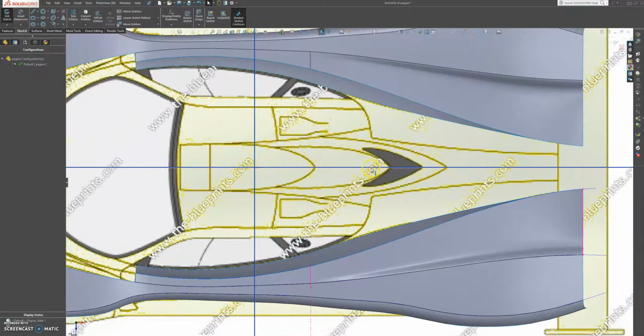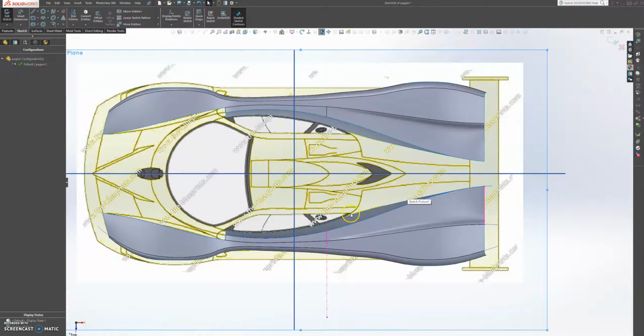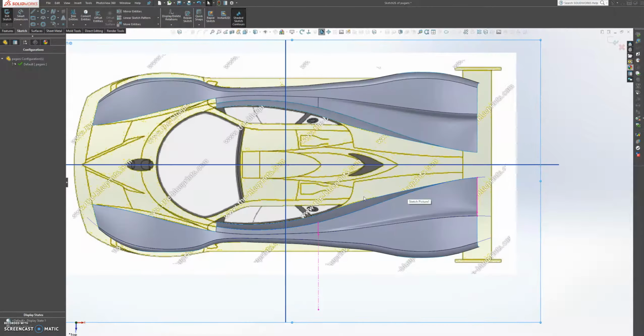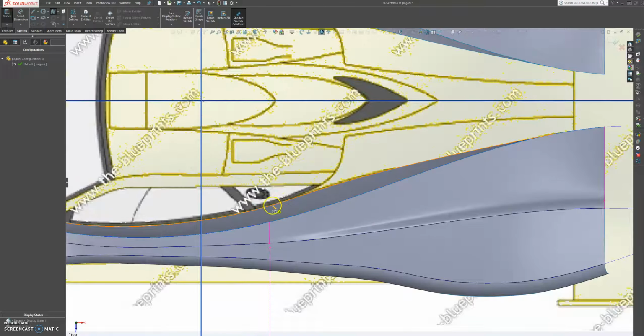So that's lining up perfectly, exactly where we want it. Okay, so let's come out of the sketch and let's grab a 3D spline, and then we're going to snap this 3D spline to about here,